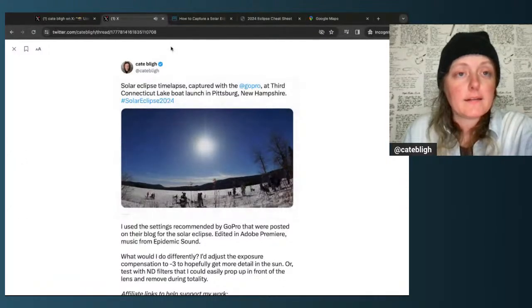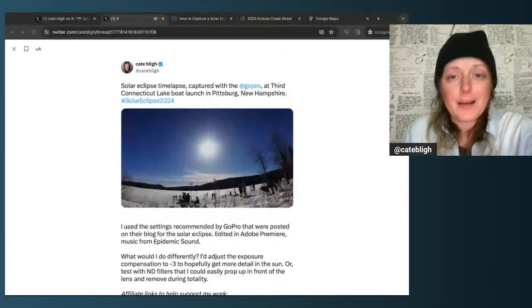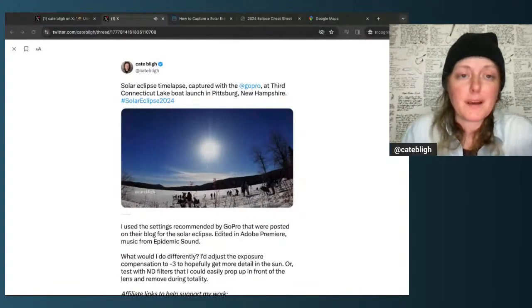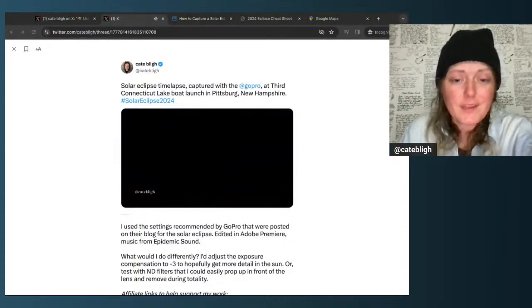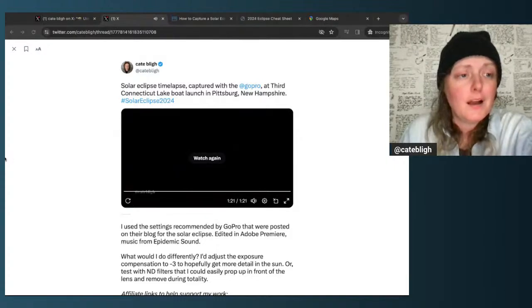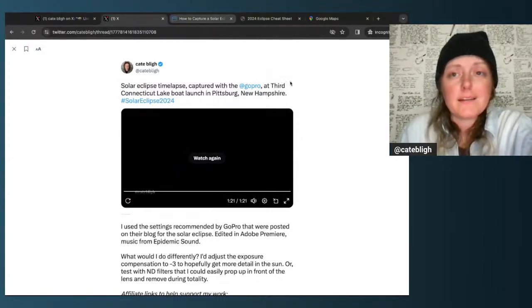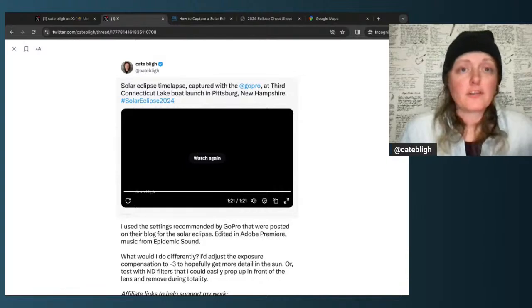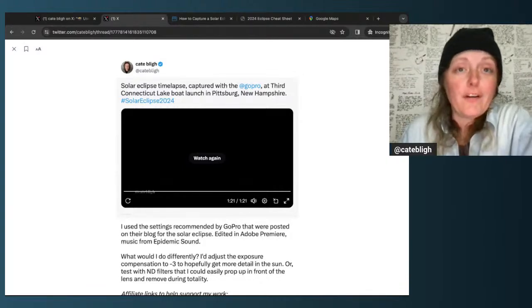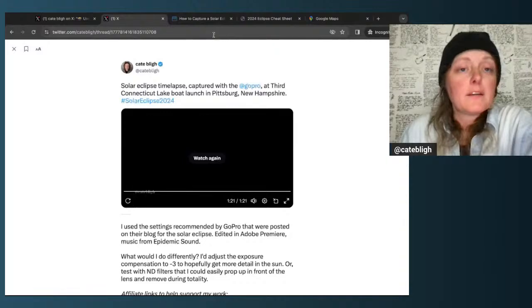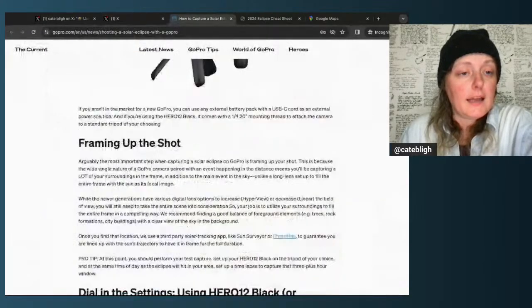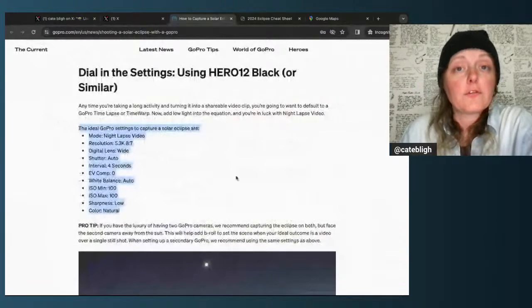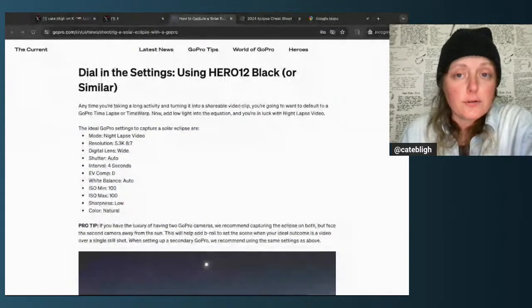And like I was telling some people for the eclipse, I don't know how to photograph it. It's not something that's in my back pocket. So I used resources that were available to figure out what settings to use because this is something that's always going to essentially be the same for exposure and all that. It's already been figured out. So for GoPro, they had an article and they had the settings here, and that's what I used for this time lapse. And I did do a little bit of tweaking